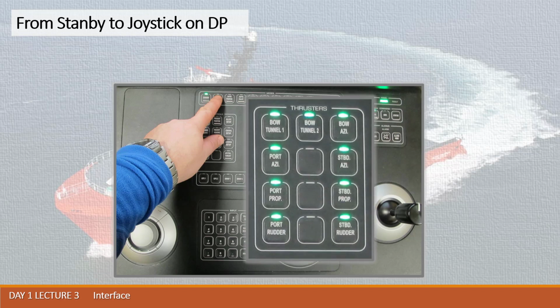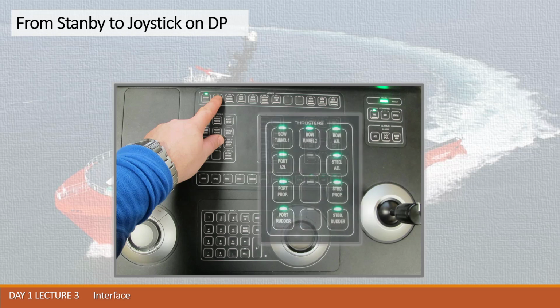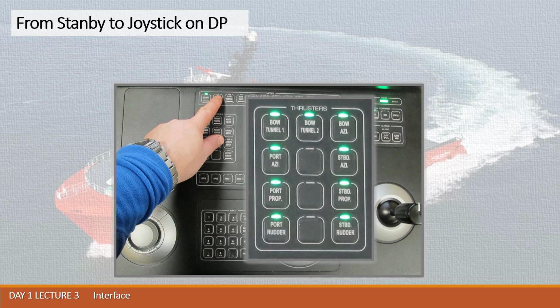And then in the Kongsberg KPOS 7, the double click buttons are marked with a thick white line at the bottom edge of the button. So as soon as you press the joystick button twice, you are already commandable on DP, and you may use the joystick on all three axes: surge, sway and yaw.